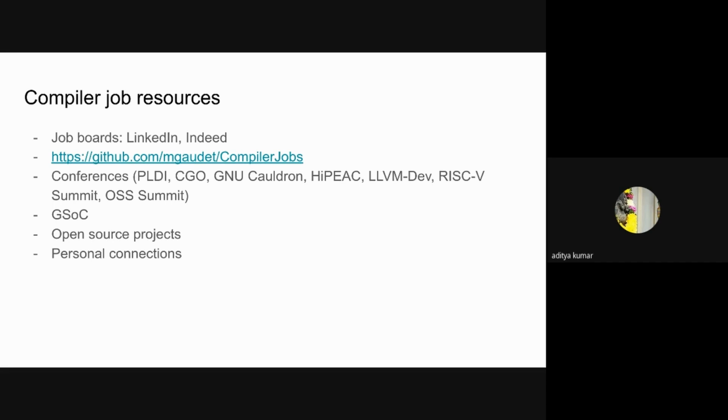Because now you are here, if you want to talk about compiler labs, like what you are doing and what you think is the future of